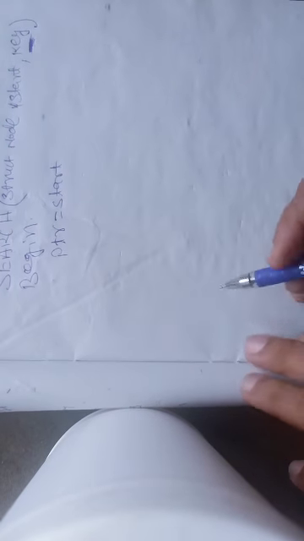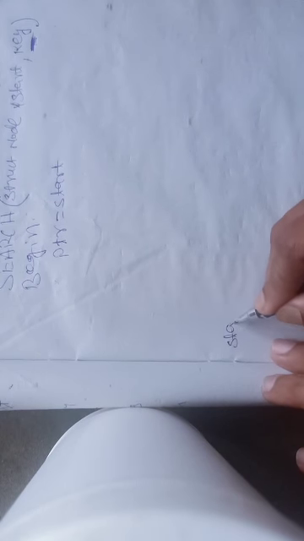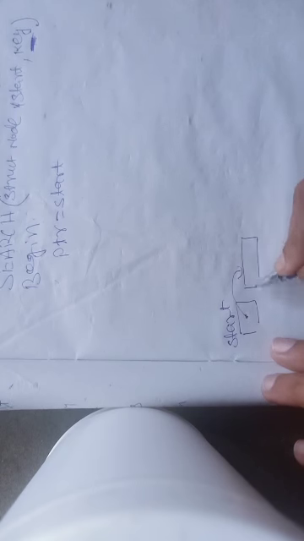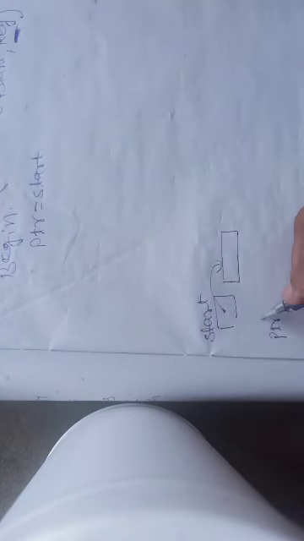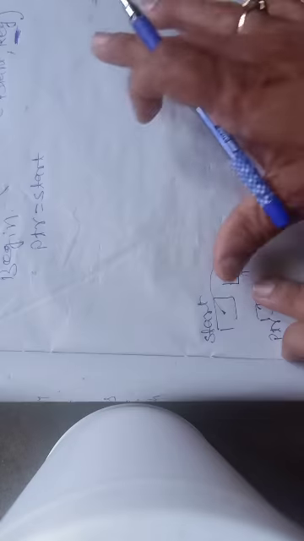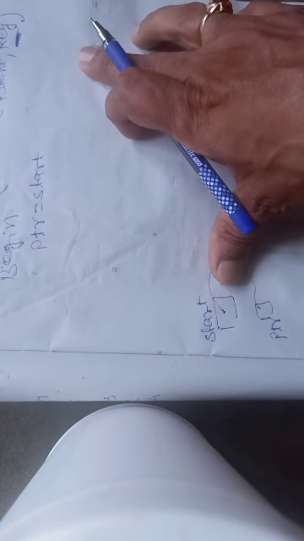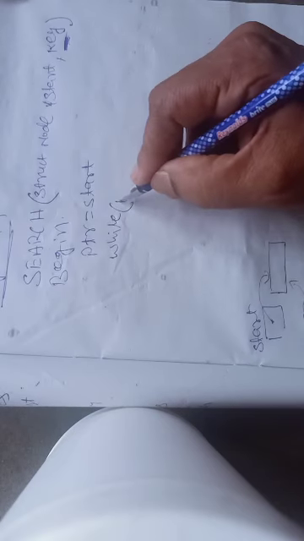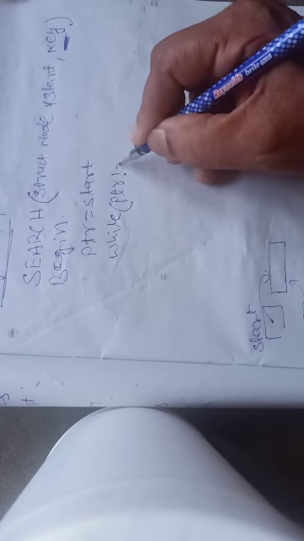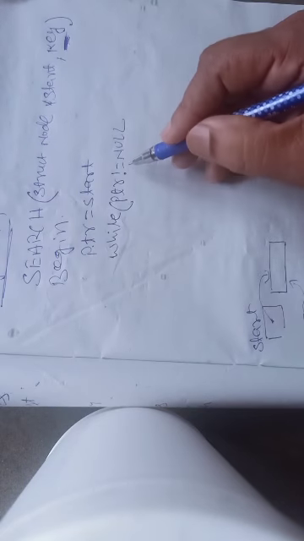Let me give you an example again. Now this is my start node. My start pointer points to the first node. When I set ptr equal to start, ptr will point to the first node. If ptr is not null, then I compare. If ptr is null, then I don't need to perform any comparison. So here I will write while ptr not equal to null, so my value of ptr should not be null.